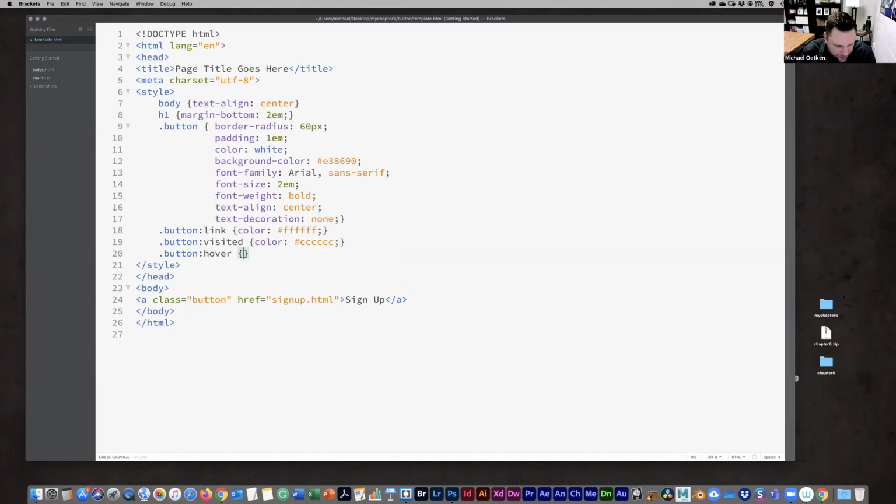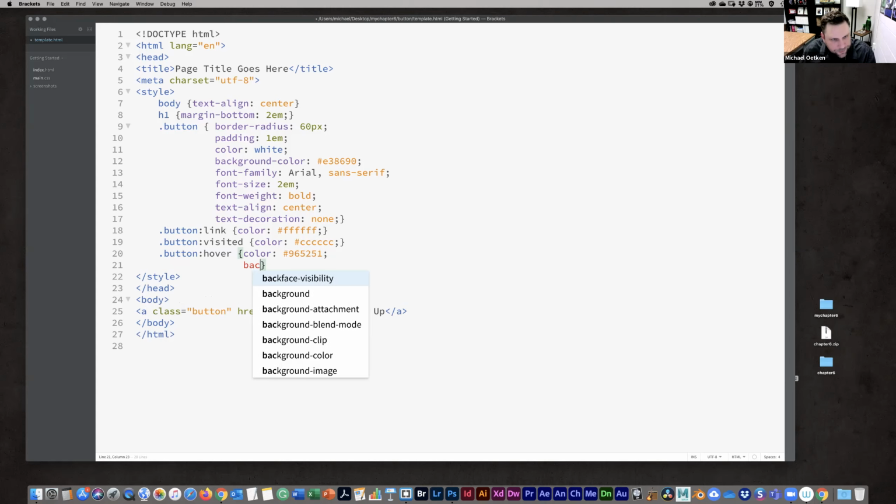And we're actually adding a couple things here. We're going to change the text color. So, #965-251. And I'm also going to change the background color. All right.